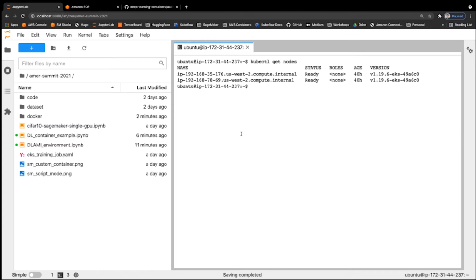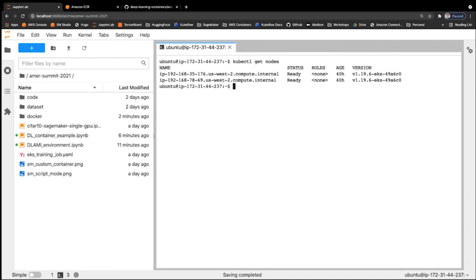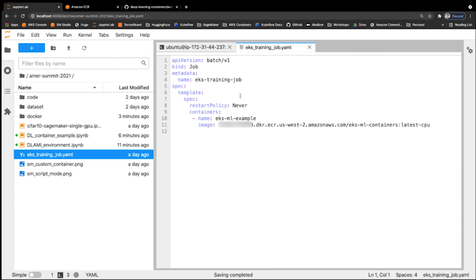Now, when I submit a training job to a Kubernetes cluster, it can go ahead and provision the training on any one of these. Now I have two nodes, I could have 100 nodes or 1,000 nodes, could be a mixture of CPU and GPU nodes and so on. Now, one of the things you want to do before you submit a training job to Kubernetes is write a specification file. So basically this specification file says, I want to run a batch job. A batch job is a job that runs to completion versus a microservice kind of job which runs forever. And this batch job is very simple.